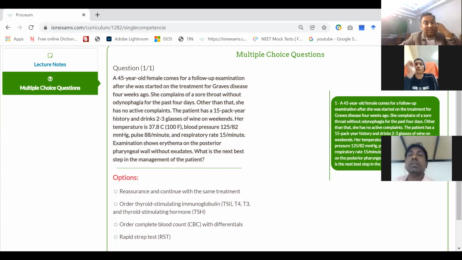So what will be the next step of the management? जिसमें आपको डायग्नोसिस करना है कि पेशेंट को क्या हुआ, ट्रीटमेंट नहीं देना है. इसने पूछा नेक्स्ट मैनेजमेंट स्टेप. इसमें हम डायरेक्ट order complete blood count with differential. The question is to order a complete blood count because we want to know whether the patient has an infection or not. Or sometimes if it is an immunosuppressive drug, then the patient has immunosuppression. So the WBC count might be decreased, and that's why the patient is prone to infection. Got it? Yes, sir.